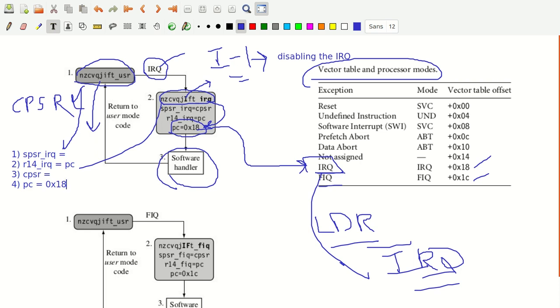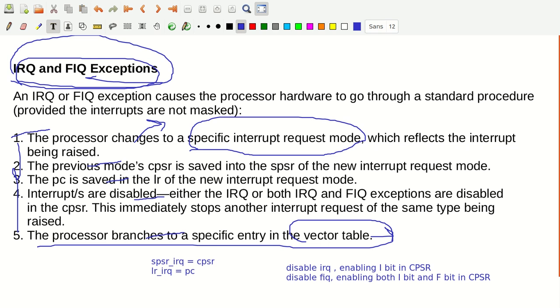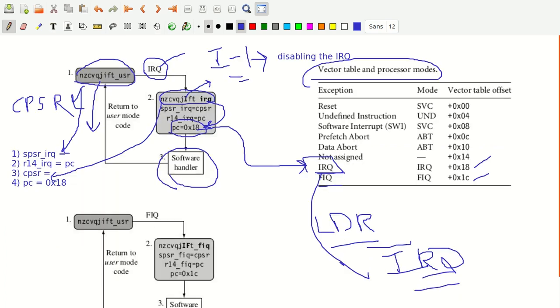Now just don't get confused in this one. Maybe whatever this is, immediately it will not change. Specific interrupt request mode, though I have written first here, it doesn't mean that actually this will be executed first. You can just make a modification. This you can write 1, this you can write 2, maybe this you can write 3. Of course, here in this step they are disabled. How it is disabled, that I will explain in the next slide.